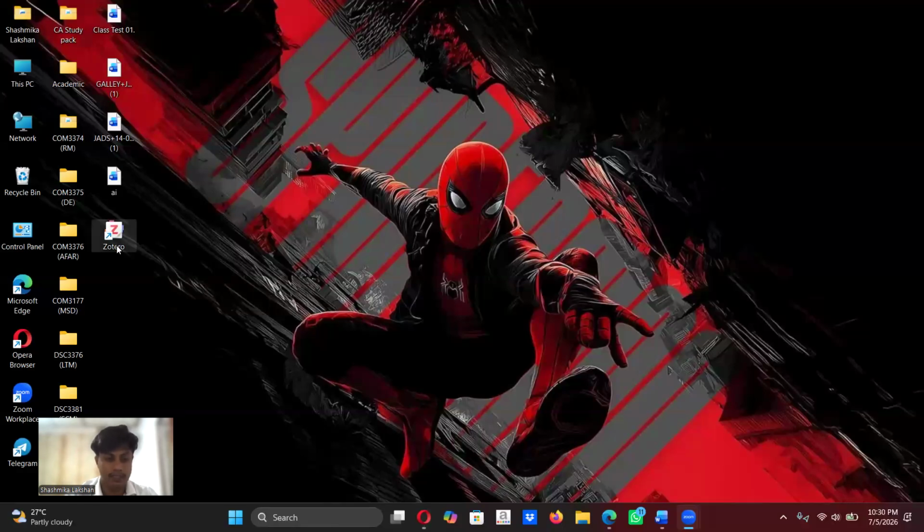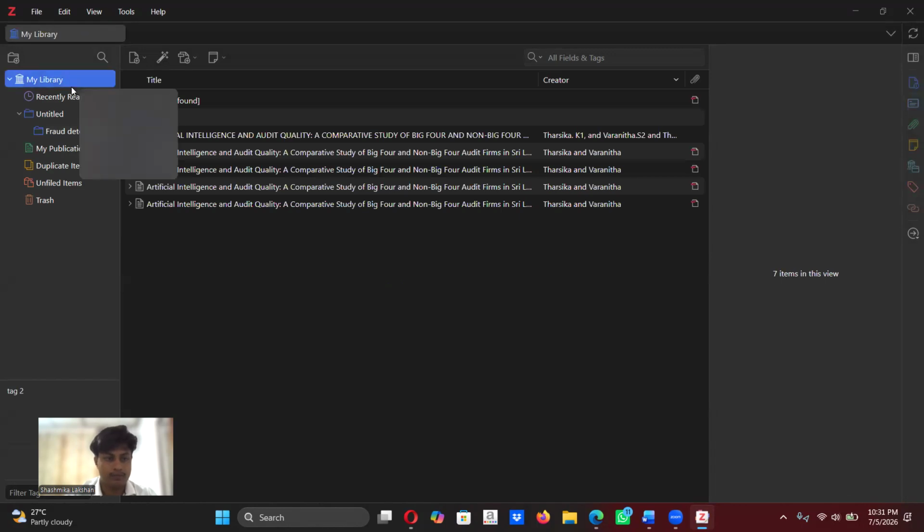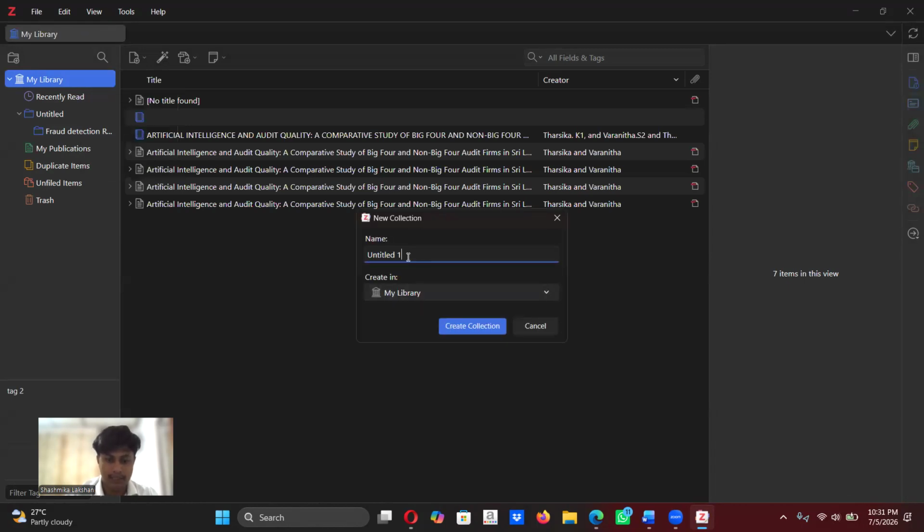Firstly, we open the Zotero application. First, I'll create the new collection for my assignment. I right click on library and select a new collection and name it fraud detection research.